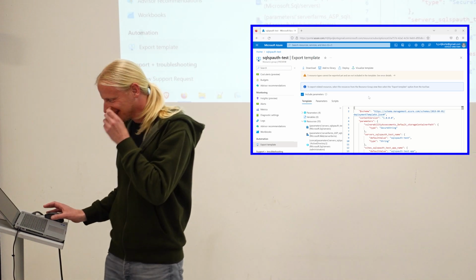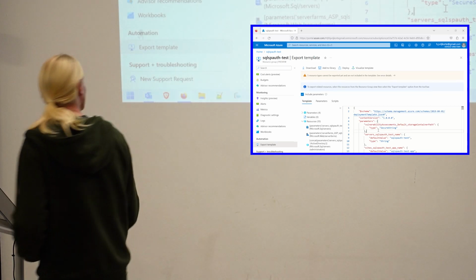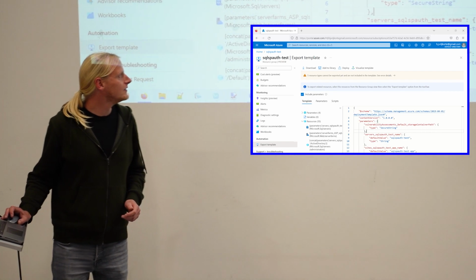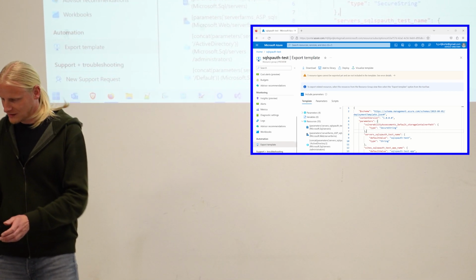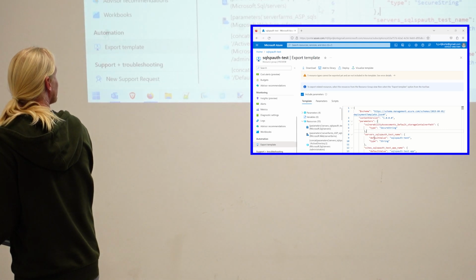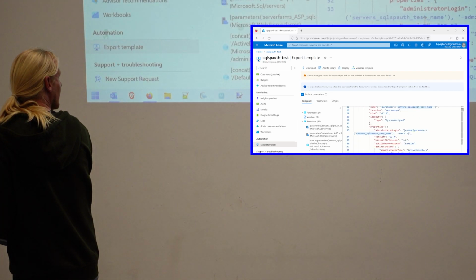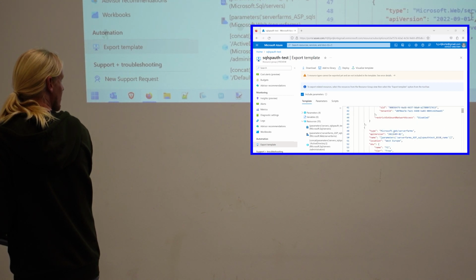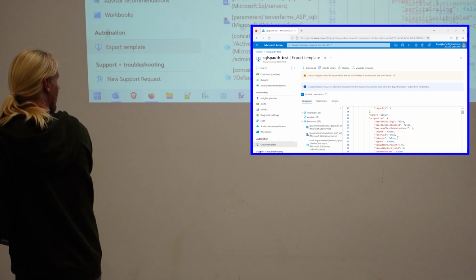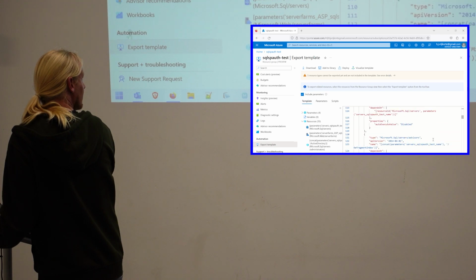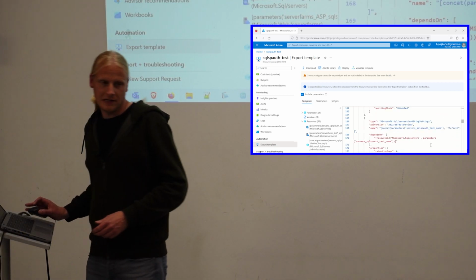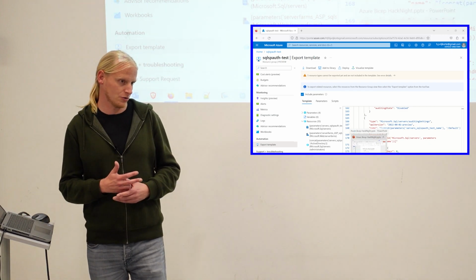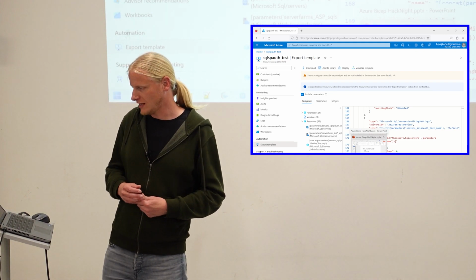It's done. Right, so this is what an ARM template looks like. You have basically one giant JSON file. It's quite long. And you have all these things like concat, so they're basically functions inside the JSON. As you can see, it's pretty long, but you can create it in the Azure portal. You can export it, and you can also use this to deploy a copy of this resource group in this case. So it would contain various resources.